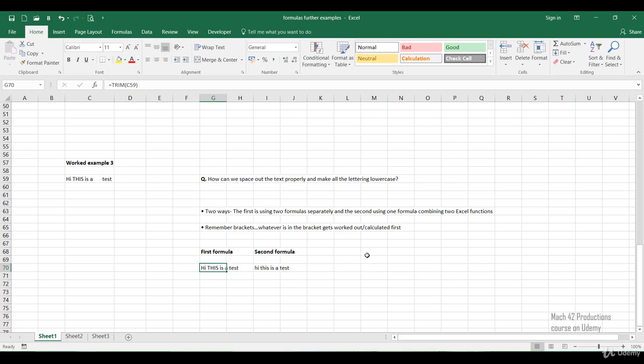So let's try combining our formulas. I'm going to put a label here. Right. So how do we handle this? Well, because the last part of our question is the lowercase bit, we're going to make that our outer formula, and we're going to have that get its result from the inner formula, which is the first part. So if we press equals and type lower,